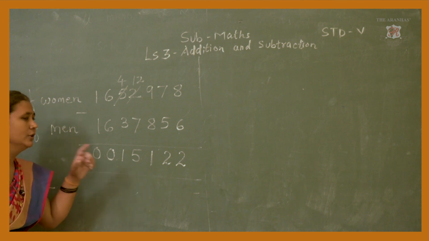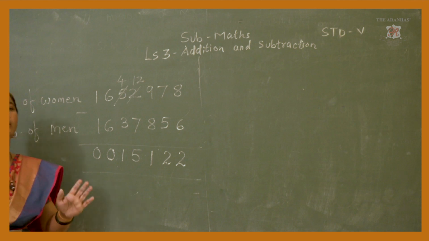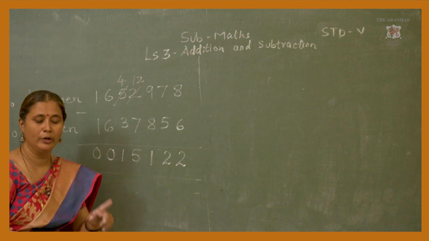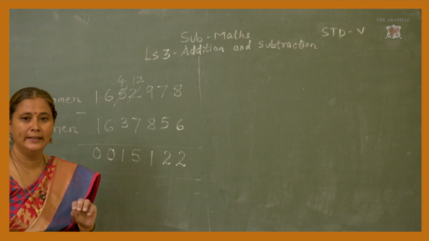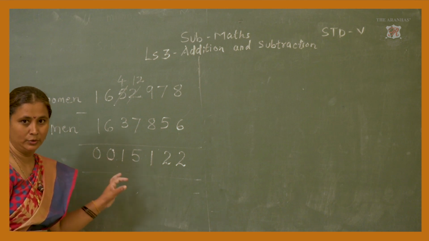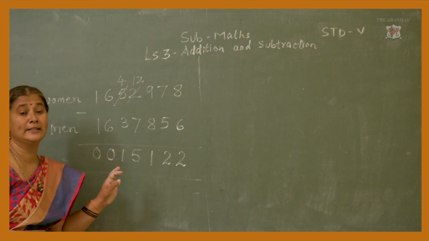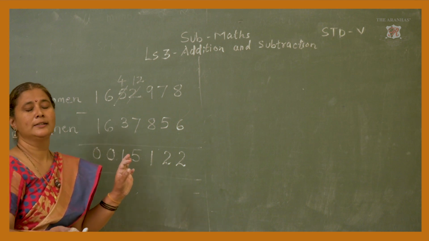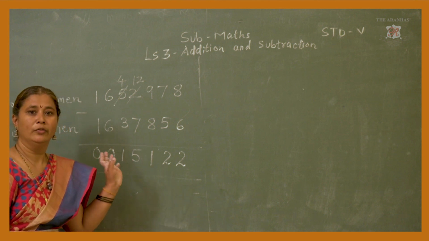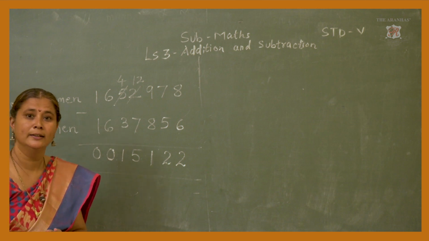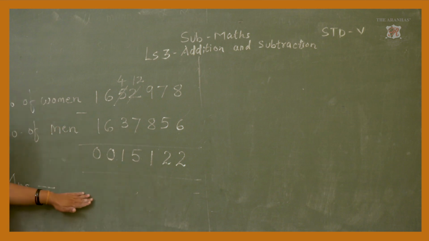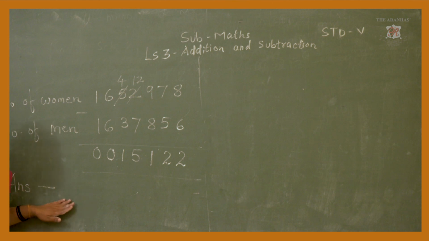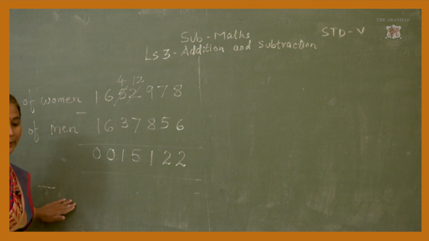Okay. If you solve more sums from the textbook, then it is very easy for you to get the answers and to do subtraction, division, and addition for 7-digit and 6-digit numbers. So try the statement yourself, write the answer, and solve all the sums from the textbook given in problem set 12.